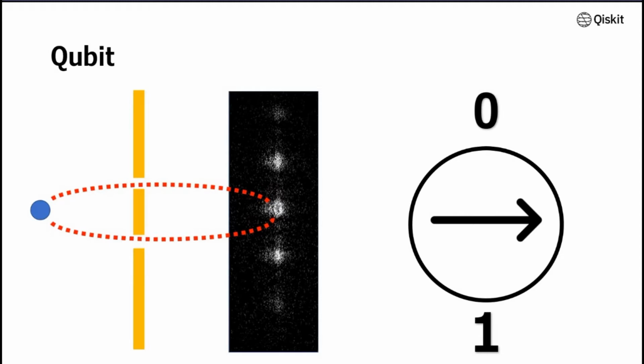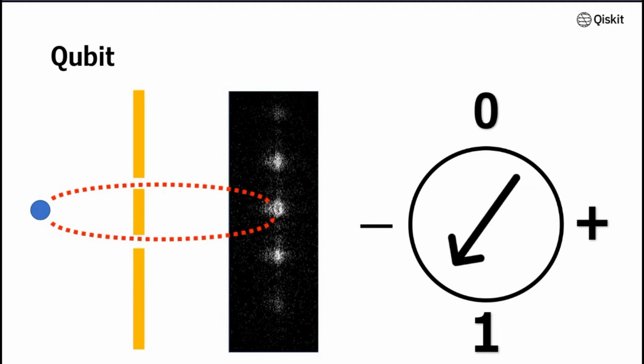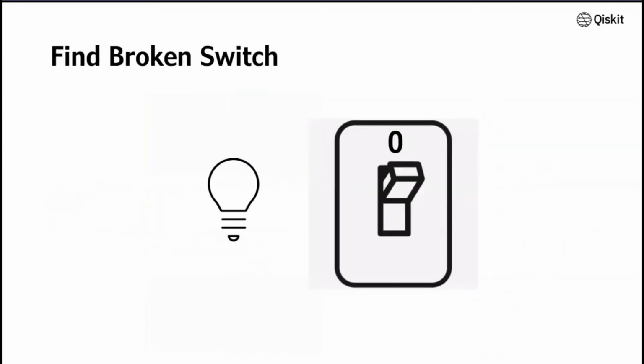But there are also two different superposition states. I can either make a constructive interference, or I can make a destructive interference. So I will say plus and minus, and I will rotate 180 degrees to represent the destructive interference. So compared to the classical circuit, where we only use 0 or 1, now we have more degrees of freedom due to the superposition.